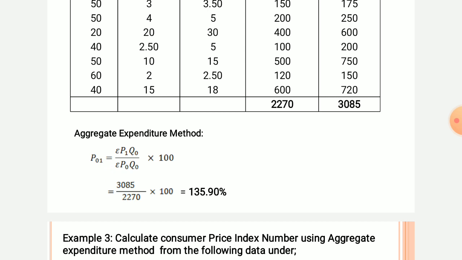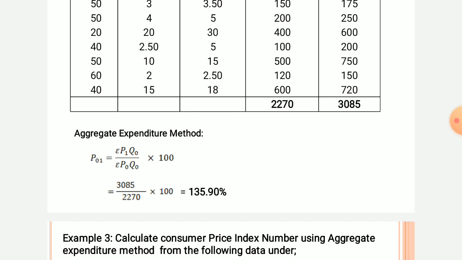So 3085 divided by 2270 into 100 is equal to 135.90%. This is the index number according to the aggregate expenditure method,